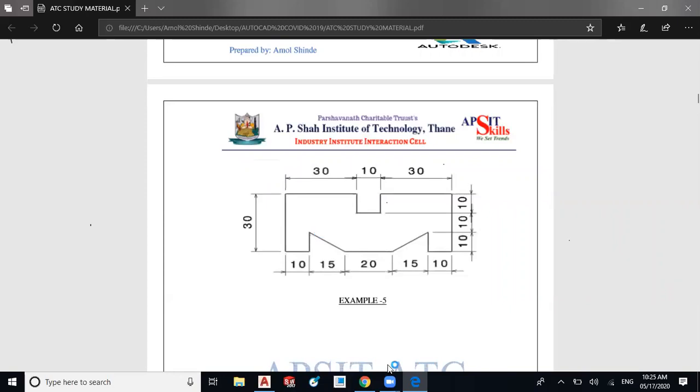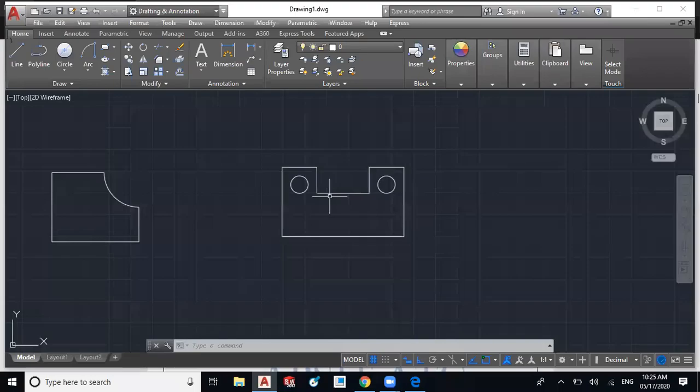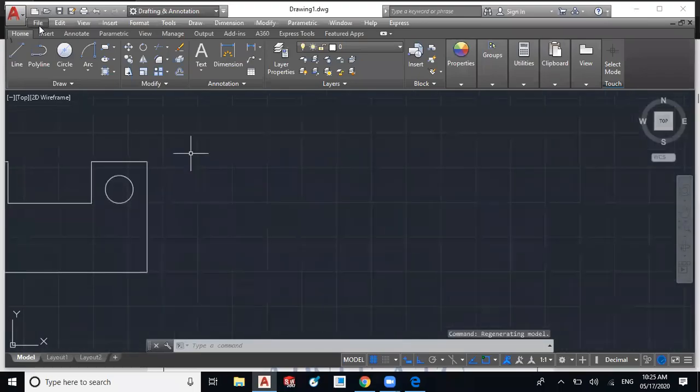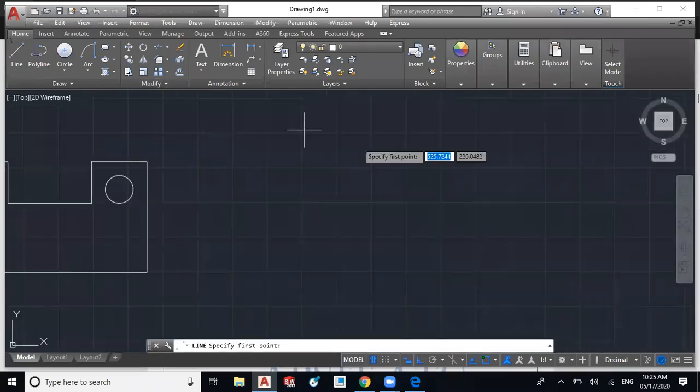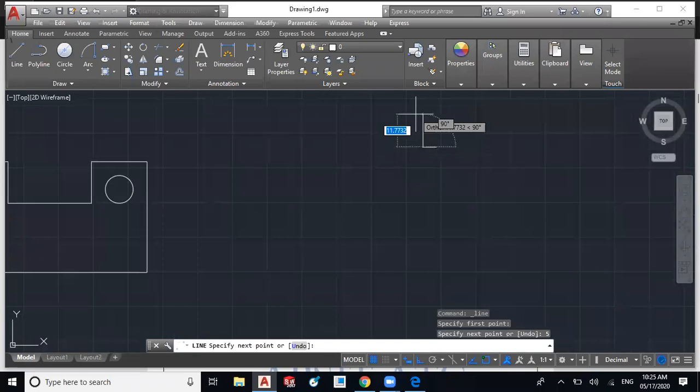This height is also 10. We'll start from the top midpoint. The 5 mm. Yeah, you can use the chamfer command in example 6.